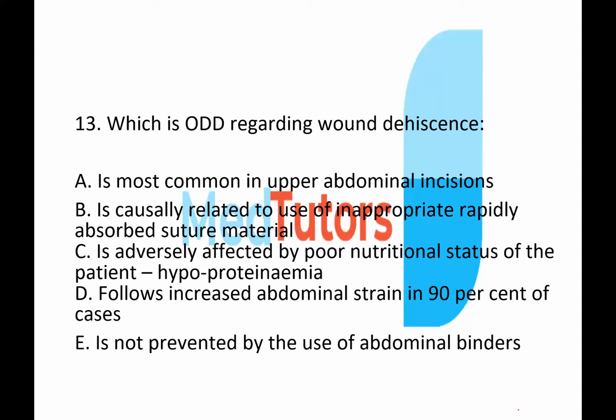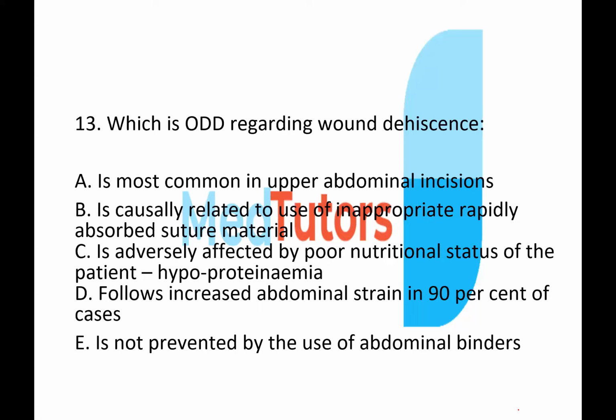Now, in the upper abdomen, both the anterior and the posterior rectus layers are intact. But in the lower abdomen, only the anterior layer is present. The posterior layer is deficient below the arcuate line. That's why you see most incisional hernias occur below the umbilicus, because the posterior layer of the fascia is deficient, if you remember your anatomy. So A is true, it's not odd. B